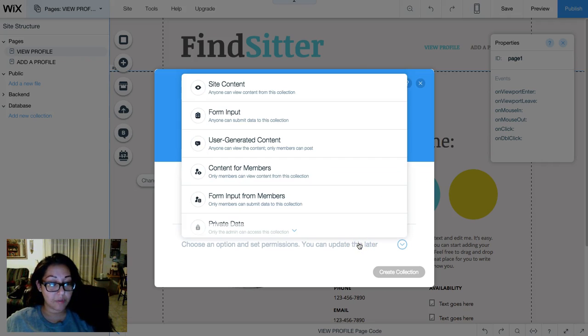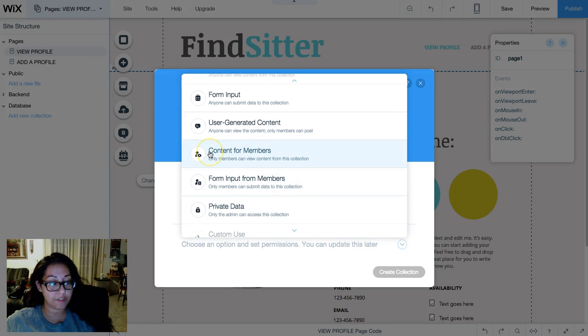Now we have to select what type of permissions this actual data is going to have. Now these are not the permissions for the actual site or the actual page that the information is going to be on. This is just for the information that they're adding. For example, if the information that you're collecting will only be visible to members, this is the content for members setting that you have to select. Let's say that